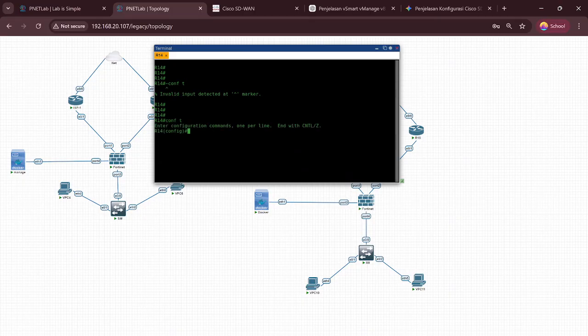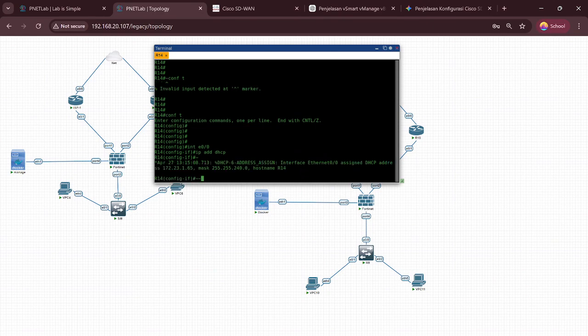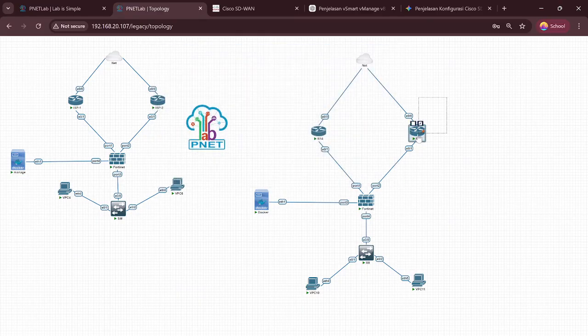Now interface Ethernet 0/0, IP address DHCP. Why configure IP address DHCP? Okay, let's say this is to ISP2.